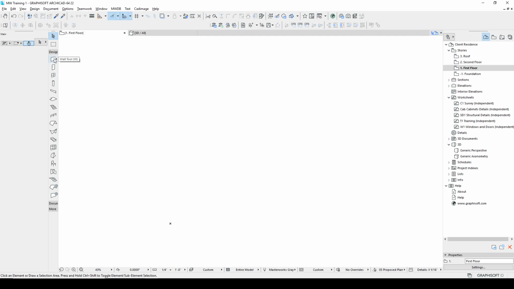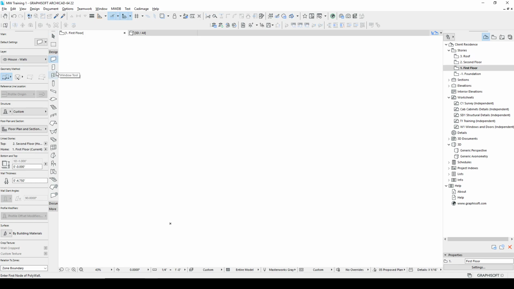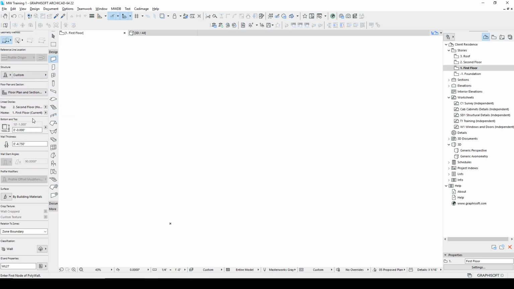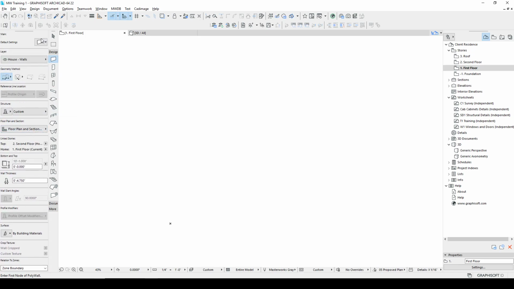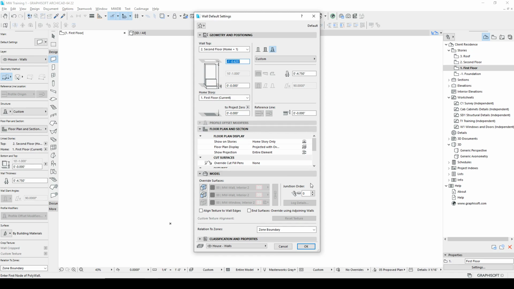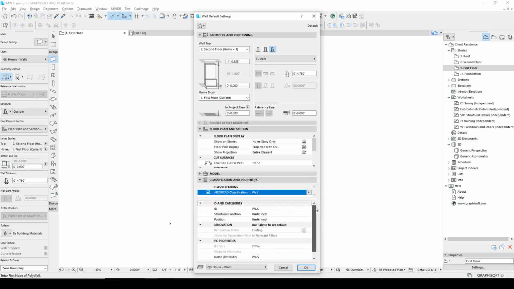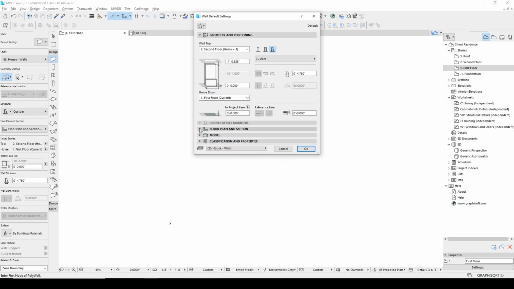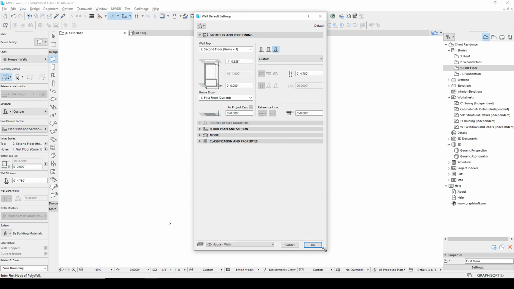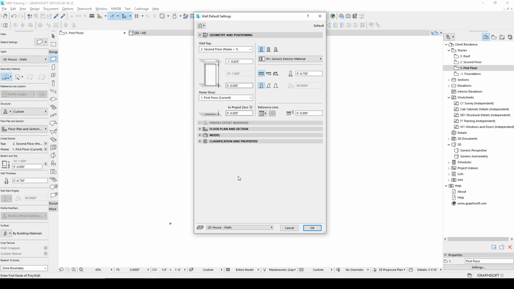And we have a couple ways to get in here. So if we click this, we've activated the wall tool, and now we have all of these parameters available to us. If we double click this, we get all the parameters that are available to show up for us. And this is every parameter that we have access to for a wall. And you'll notice it can be a little overwhelming. So let's go ahead and, before we start drawing the walls, let's just talk about what each one of these